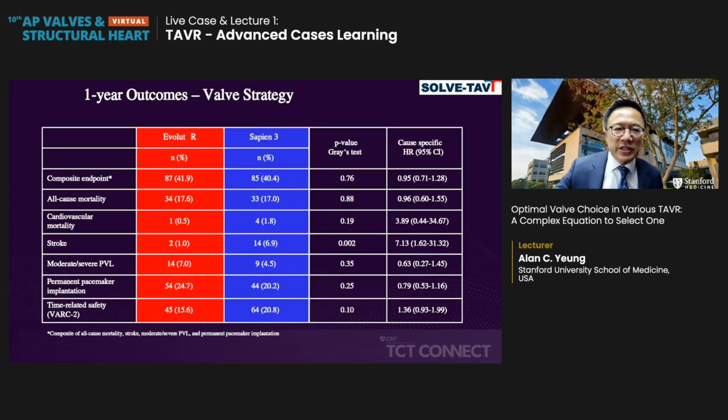If you look at the 1-year valve strategy, you can see that quickly the composite endpoints is not very different. The all-cause mortality is similar. Cardiac mortality is quite low, but SAPIEN 3 is a little higher here. And this is most likely due to the stroke that is unusually high in the SAPIEN 3 arm, which I